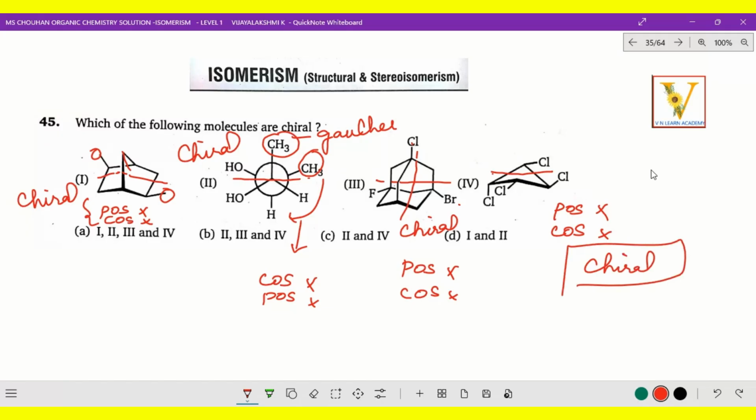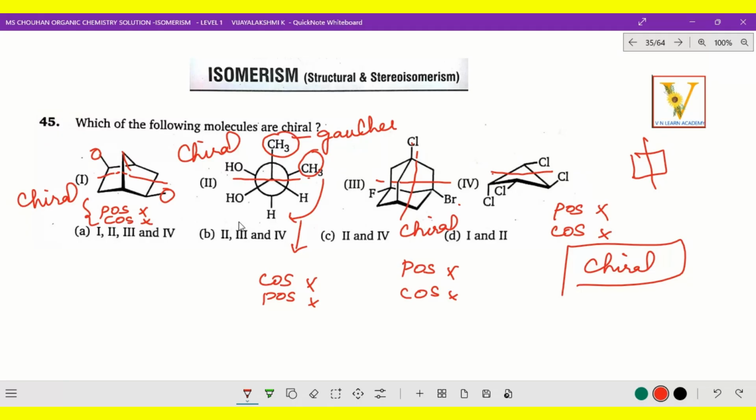Suppose 4 carbons are available in the cyclohexane; we can identify it as a meso and achiral compound. POS, COS are present, but it has the same 4 carbons only. But you see the structure, so easily you cut, you will find out very easily. See the concept, be thorough, and you can identify n number of questions with the correct answer. I hope you got the clarity.